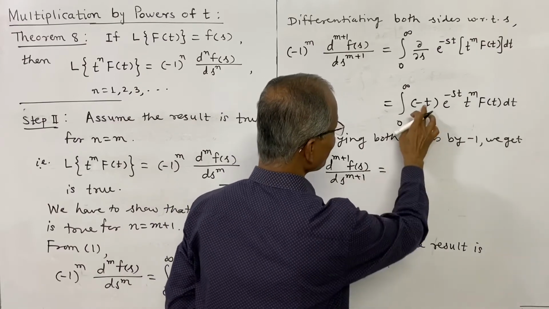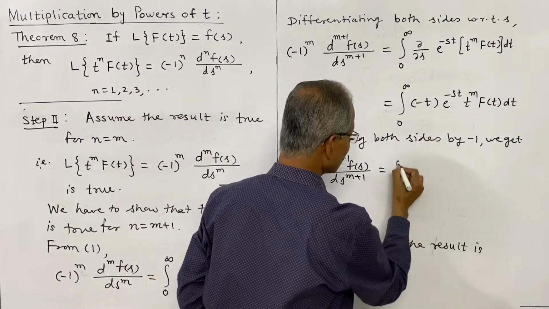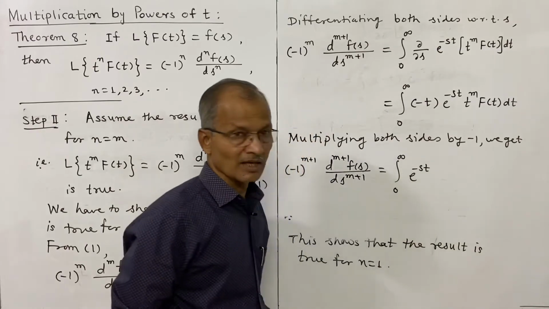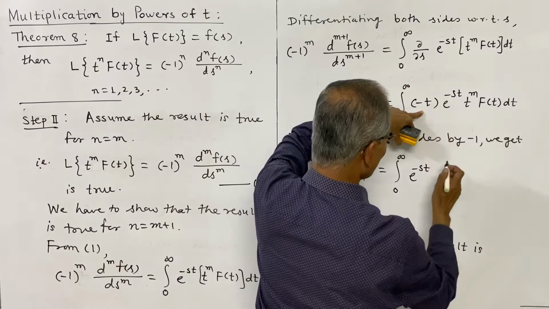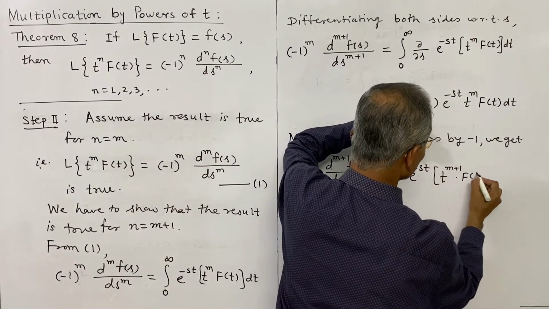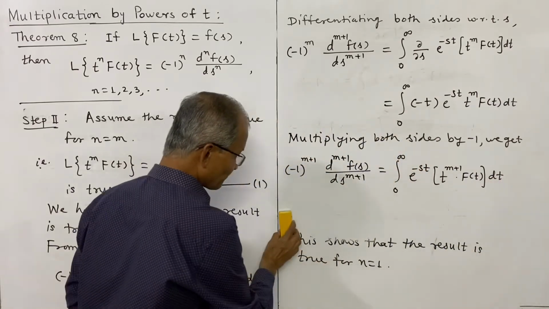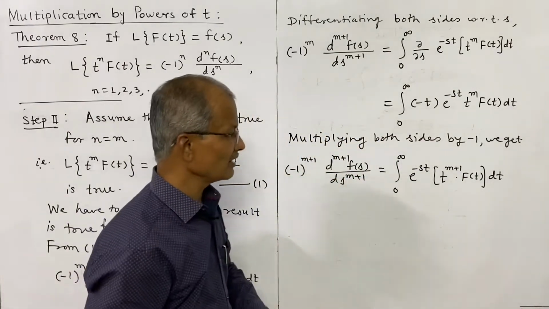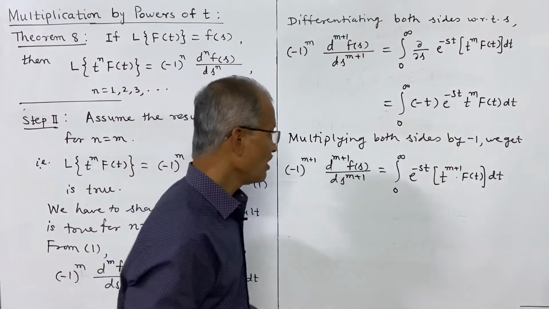And on the right side, if you multiply by minus 1, this becomes positive, and thus it is integral 0 to infinity. I write this kernel term first, e power minus st, and then we can multiply these two terms together. t into t power m is t power m plus 1 into f of t into dt. Now you see, what is the right side? By definition, the right side is the Laplace transform of this bracket, t power m plus 1 f of t, or that is